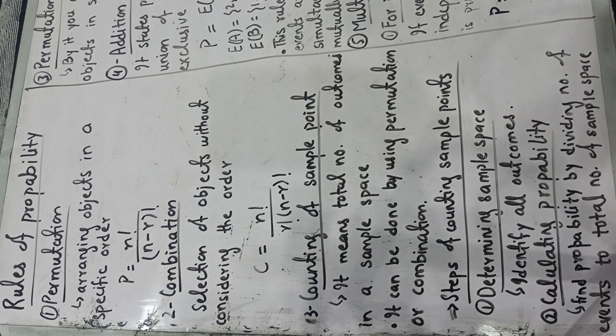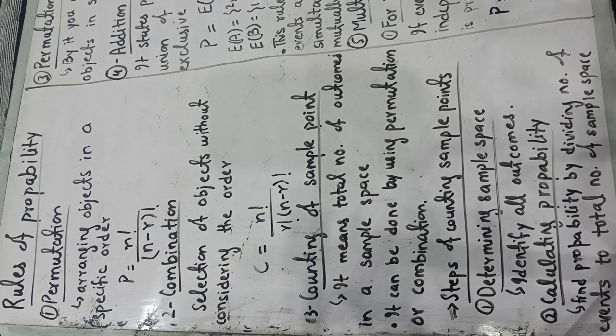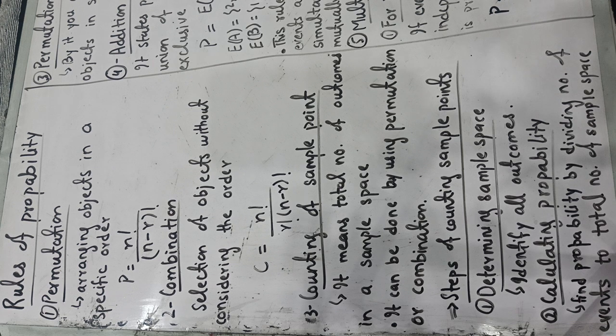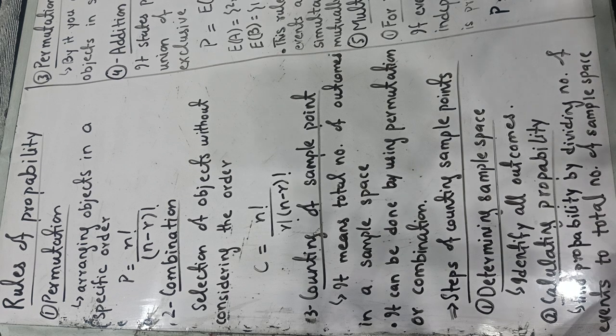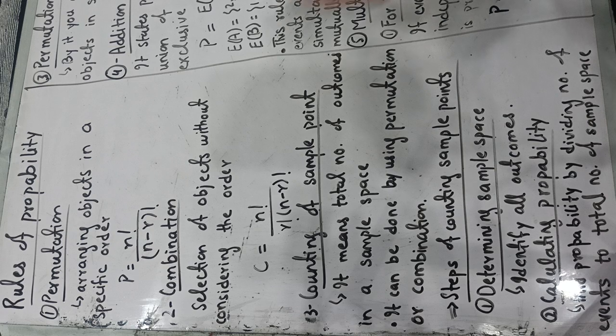So in this lecture we are going to start about the rules of probability. In a previous lecture we have discussed what is probability, what is the sample space, what are the events, what are the types of events. Now we are discussing there are some rules of probability and what they are. Let's discuss them. Actually, the total rules of probability are five rules, and the first rule of probability is